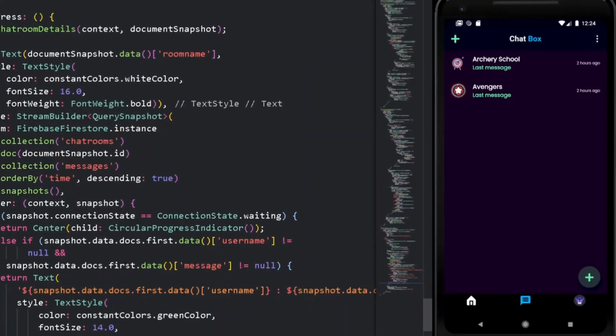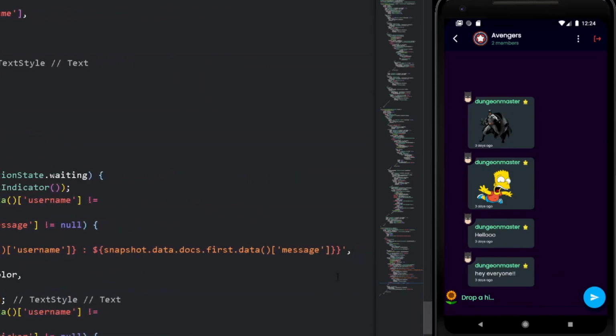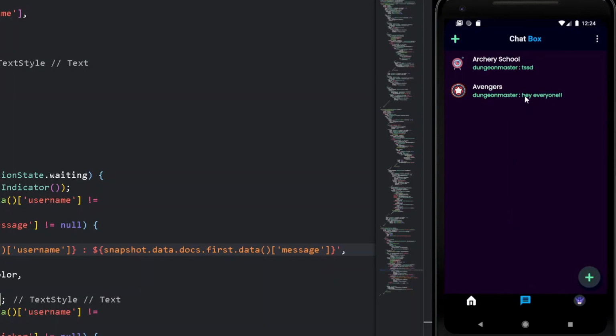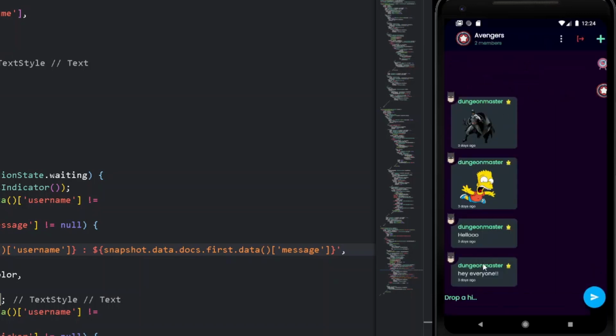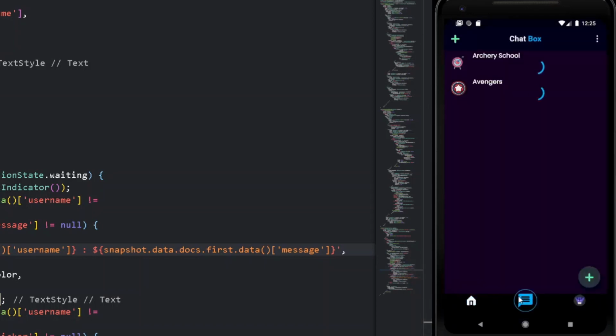So now after pressing Ctrl and S, easy, we are getting all of our data here. If I simply move here, you may remember we have our message of hey everyone, but now we can do one thing, come down here and remove the extra one and press Ctrl and S. Now let's go back and move under chat rooms. Here you can see we are simply seeing our last message of Dungeon Master. Now if I move into this and drop another message, let's say I am fine, let's drop it, and now let's go back, let's go under messages, and here you can see we have our last message of I am fine. Congratulations, we are doing a great job.